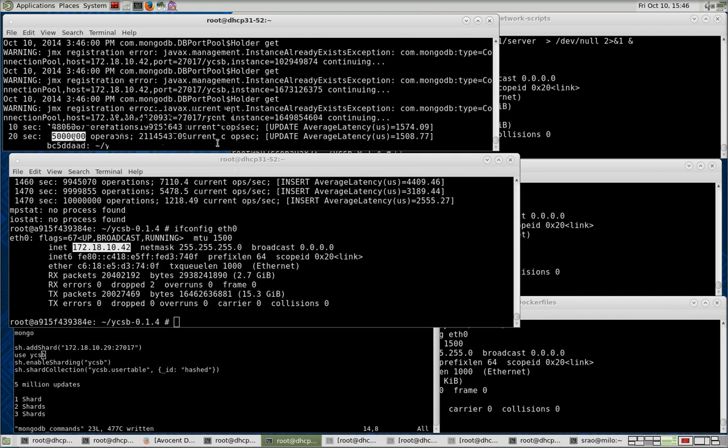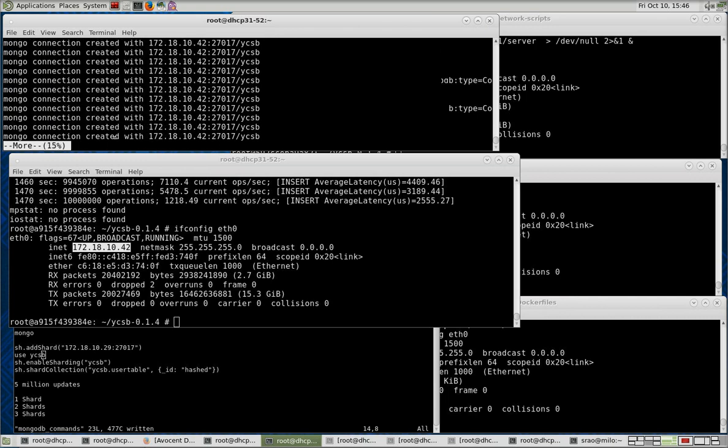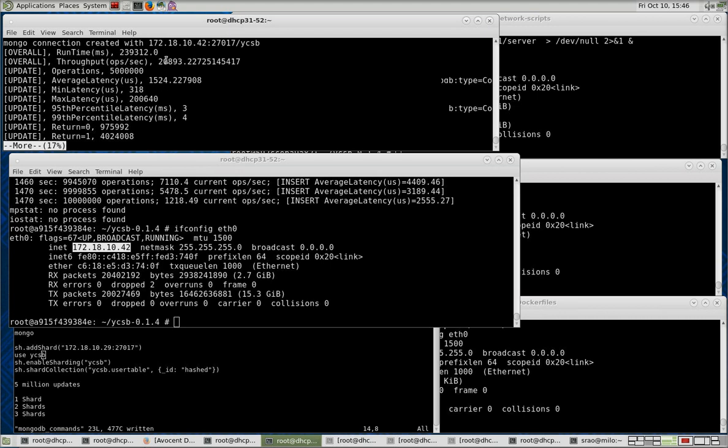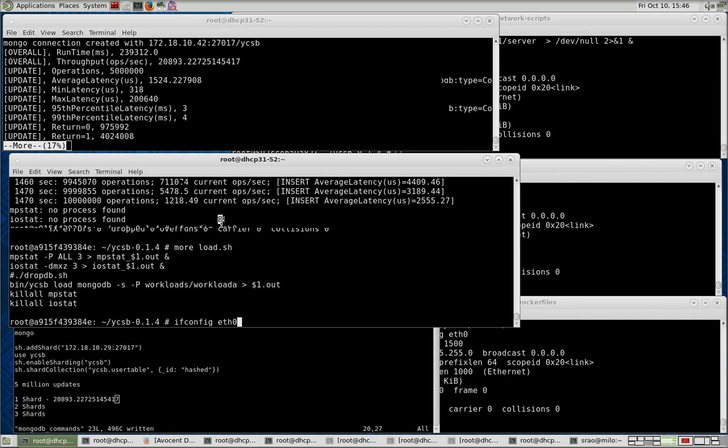So as we pick up the video at this point where we have completed the 5 million transactions, I'm going to cat out the file, and we'll take a look at the ops per second for 5 million transactions, and I'm going to record this before we add the second shard. So having recorded that, I'm going to go back to my control server and log into my Mongo instance